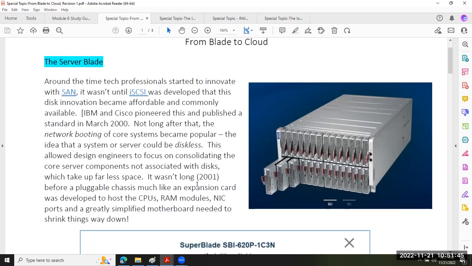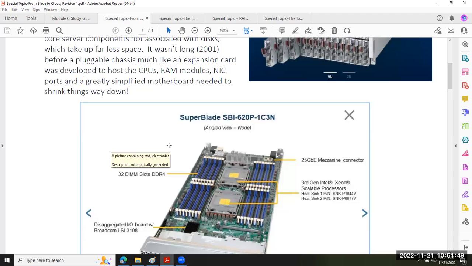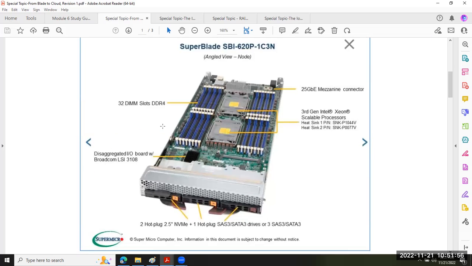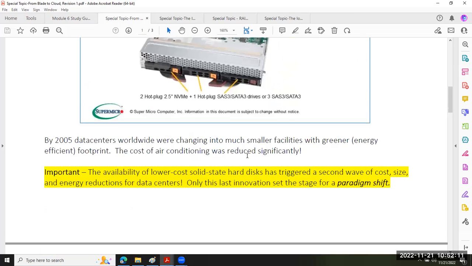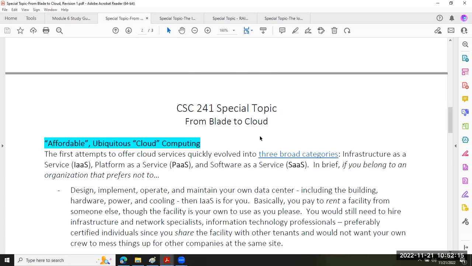So that's where this other special topic comes from. It doesn't take a lot of money to set up a data center, but here's an example of what that blade server looks like up close. All the RAM modules, the CPU slots, and then on the back end, you have this huge input-output connector, 25 gigabytes of Ethernet connection, right, out the backside. Very low cost. It's what makes the cloud and all of these things